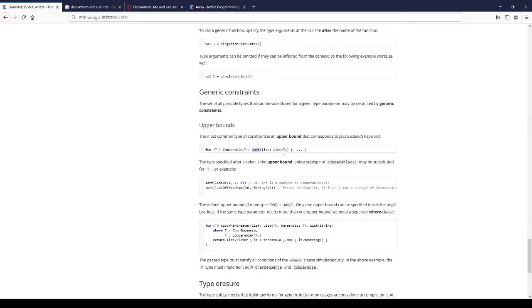Wait. Okay, because you want a Comparable to be able to be sorted, so you can declare that this T needs to be something Comparable so that it can be sorted. And we declare a function that is called sort. Is this an extension function? No, it's not. It's just a function of sort, which, well,